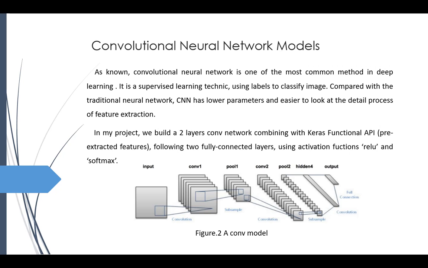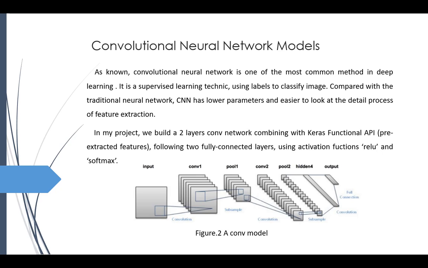Then I'm going to talk about our convolutional neural network models. As known, a convolutional neural network is one of the most common methods in deep learning. It is a supervised learning technique using labels to classify images. Compared with the traditional neural network, CNN has lower complexity and makes it easier to look at the detailed process of feature